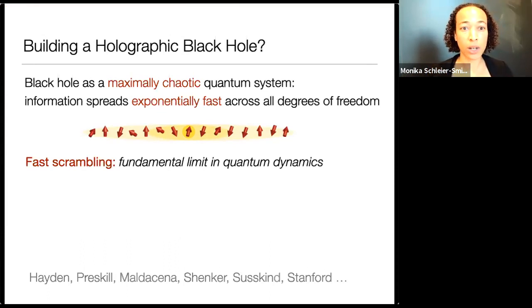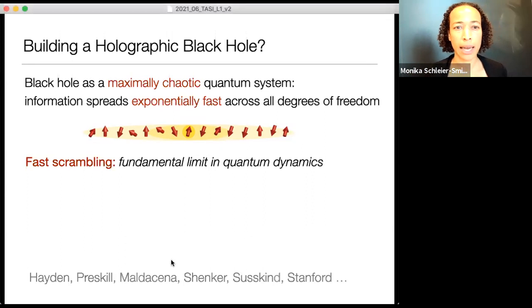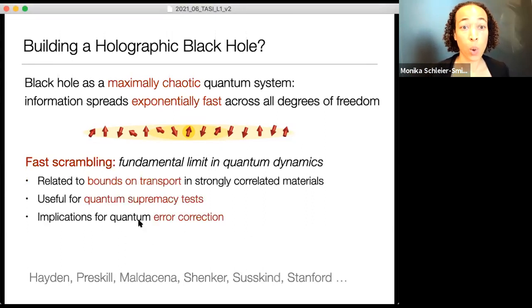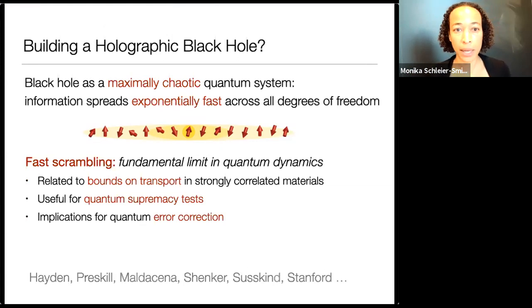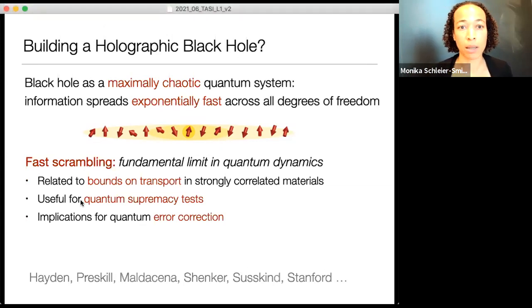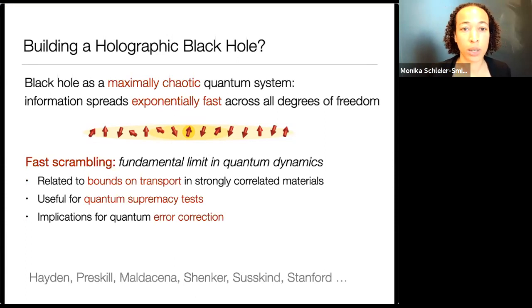That there's a fundamental limit on how fast information can become delocalized, spread from one to many in any quantum system. And the idea that there are predictions coming from people thinking about quantum gravity about quantum systems that we might build in the lab was really what kicked off interest in asking, is quantum gravity something that one can study in the lab? And again, the motivation for those of us who spend most of our time thinking about quantum mechanics is in part about, what can we learn about the fundamental limits on quantum dynamics? Can this teach us something about fundamental limits on transport in strongly correlated materials?